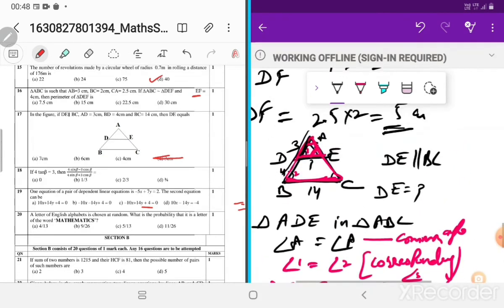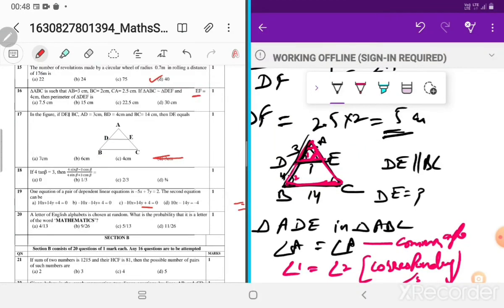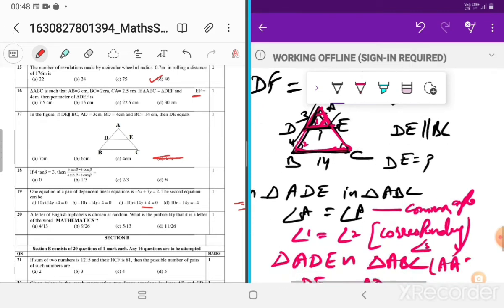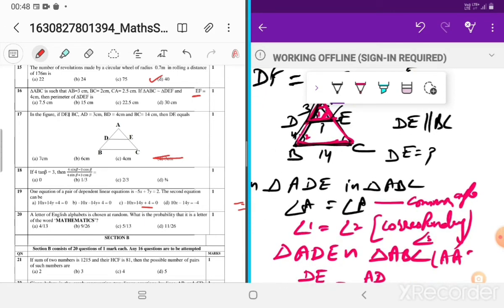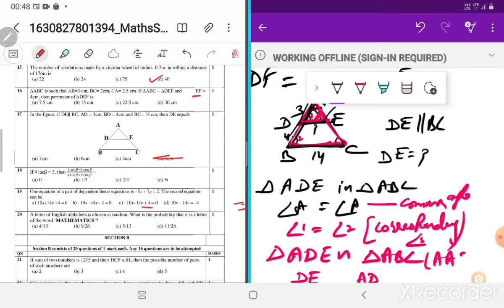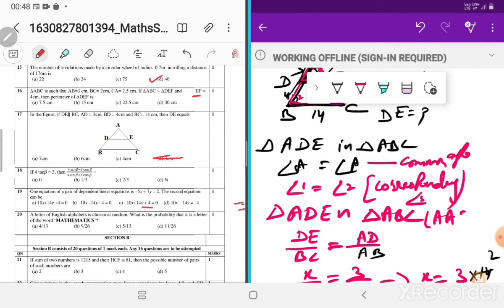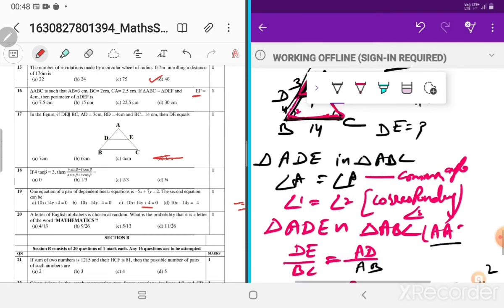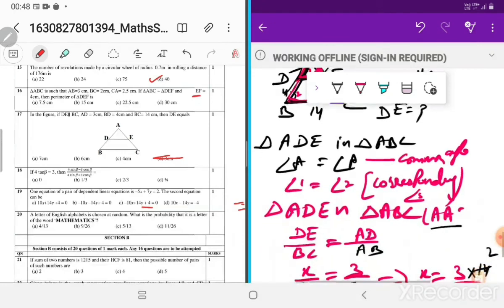What we did in this question, first of all, these two sides are parallel, right? So we have to find one side DE, other three sides are given, so we can't apply Thales here. So what we have to do, we have to make two triangles similar. सबसे पहले हमने दो triangles को similar किया by angle criteria. So how can we make this triangle similar? This angle A is common for this small triangle and big triangle, and two lines are parallel, then corresponding pair of angles will be equal. So we can say that these two triangles are similar by angle criteria, then remaining two sides will be equal by CPCT.